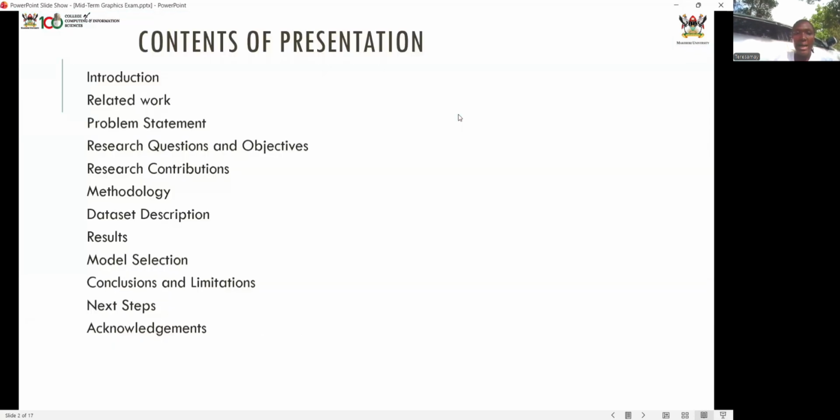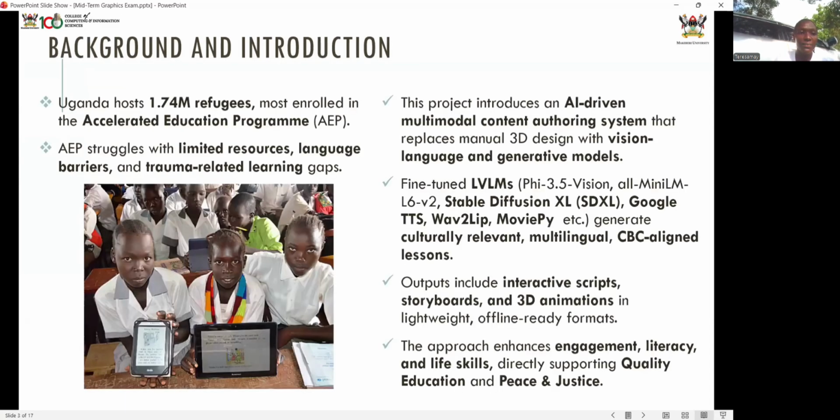So in this presentation, these are the contents we have, and they are listed down there. And then with the background introduction, we know that Uganda hosts very many refugees, and most of them are enrolled in accelerated education programs. Then these accelerated education programs struggle with very many challenges, including limited resources, language barriers, or even trauma-related learning gaps. So this project introduces an AI-driven multimodal content authoring system that replaces these manual 3D designs